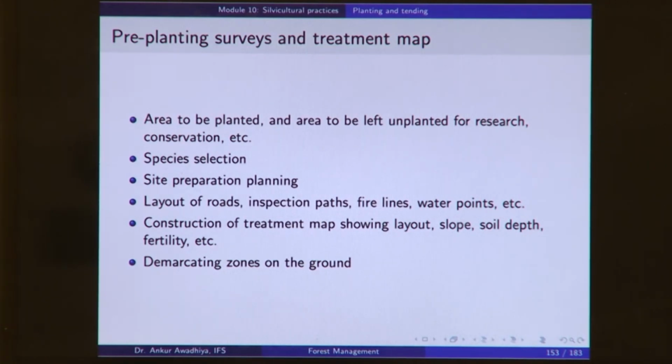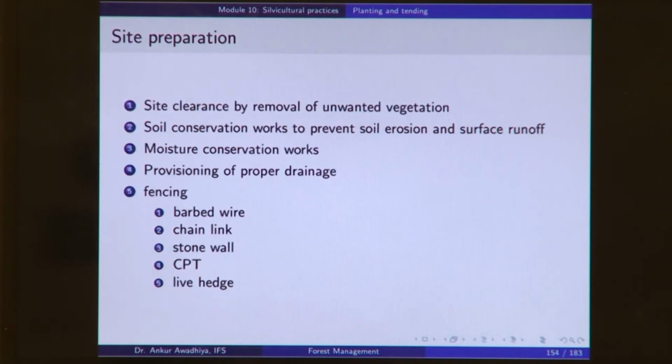Then once you have demarcated these lines on the ground, next you need to go with the site preparation. Now, what is site preparation? You are preparing the site so as to make it suitable for the next operation, which is the planting operation. So, what do you do in site preparation? Step 1 is to clear the site by the removal of unwanted vegetation. So, probably your site is full of an invasive species such as lantana,